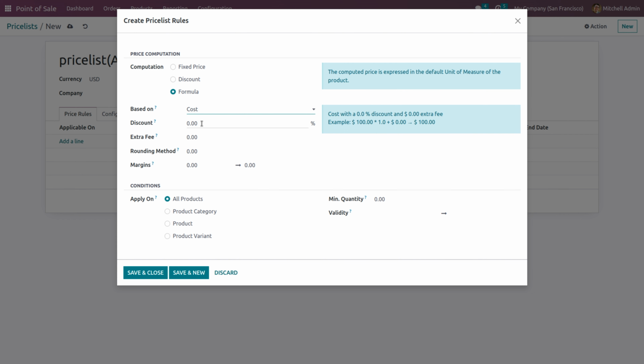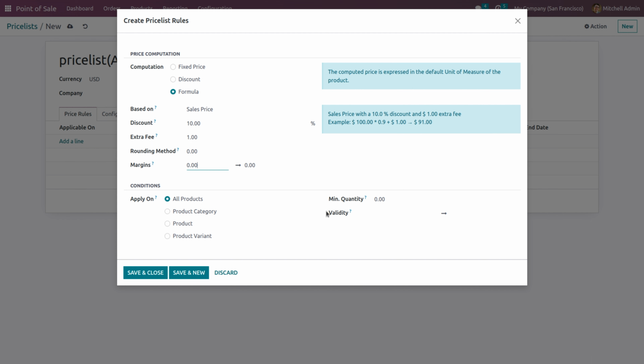So I'll be selling based on sales price, and I'll be providing a 10% discount. Here I'll add 10% and maybe an extra price of 1, and you will be able to provide the minimum margin you require and maximum margin from the sale, and it can be applied to all